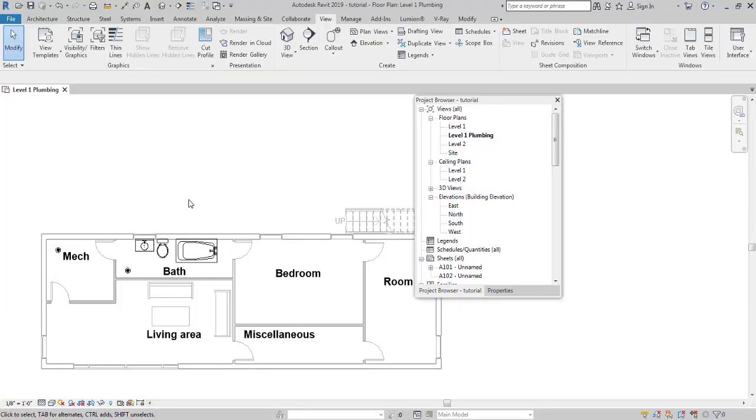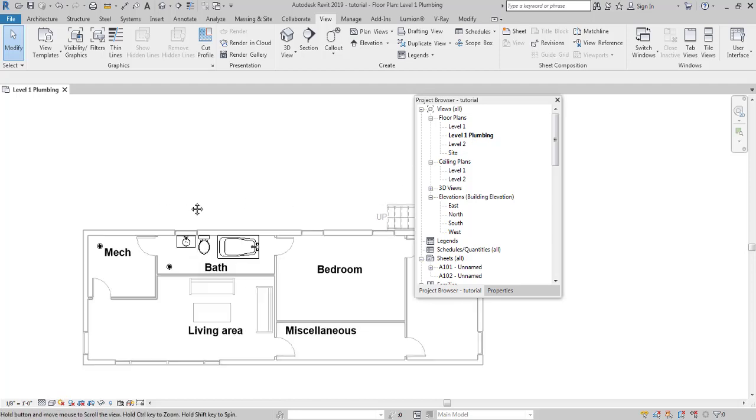Hello everyone. So in the previous part of the video, we learned how to create levels for plumbing. We learned how to add plumbing fixtures. We also learned a bit about visibility graphics, how to play around with the view range, and a bunch of other topics as well. In this part of the lecture, we'll proceed with creating our piping systems, and overall get more advanced with Revit plumbing.